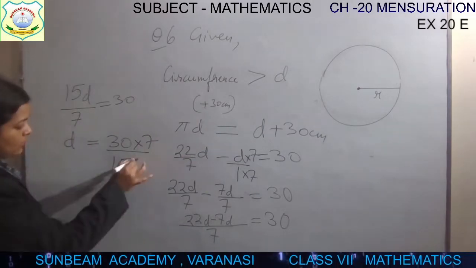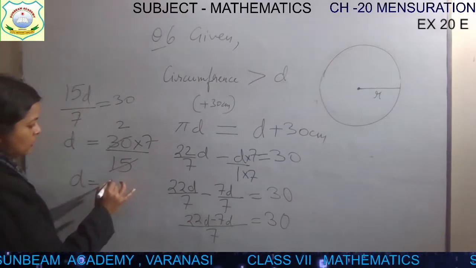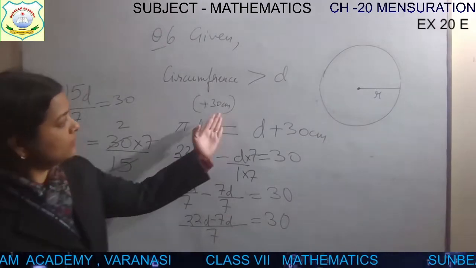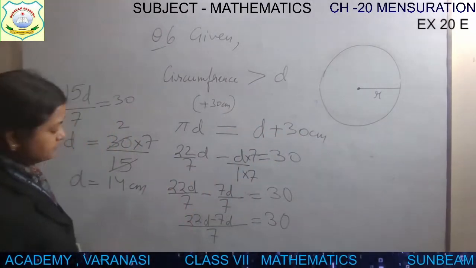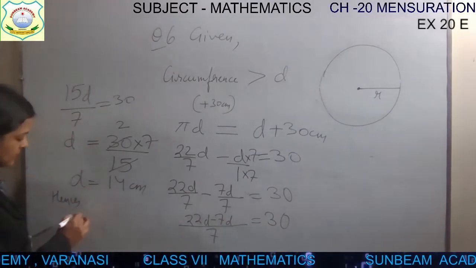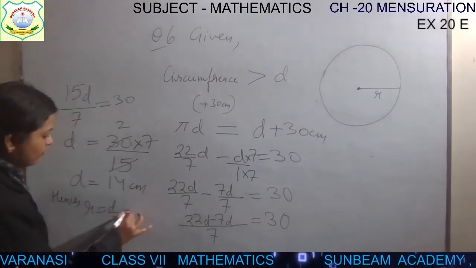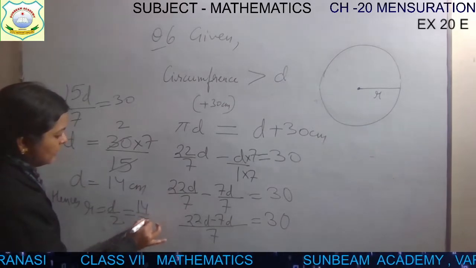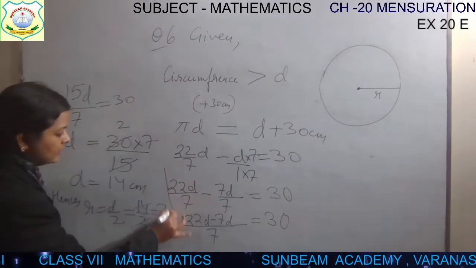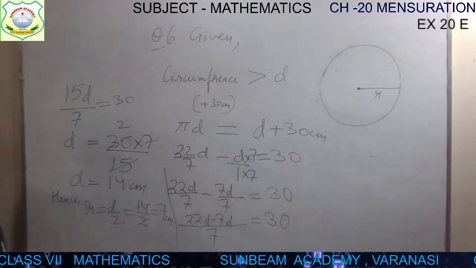Now solve it. 15 2 ja 30. So D is equal to how much? 7 2 जा 14. 7 2 जा 14 what? सेंटीमीटर. हम सेंटीमीटर ऐड कर रहे हैं ना, तो वैल्यू विल बी इन सेंटीमीटर. नाउ हेंस आपको रेडियस फाइंड करना है. हेंस रेडियस इज इक्वल टू डायमीटर का हाफ. So this is 14/2 and ultimately it will be 7 centimeter. Okay, see this.